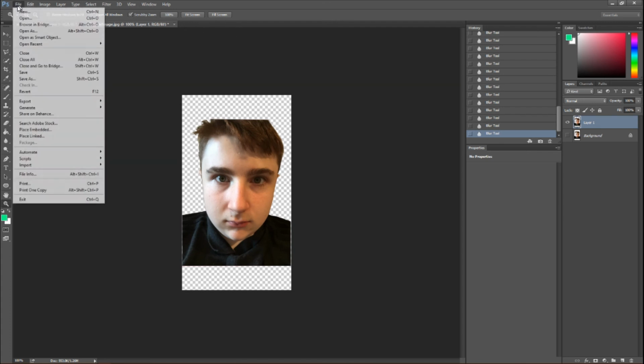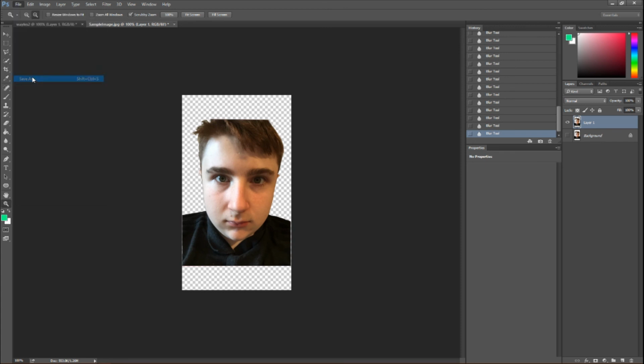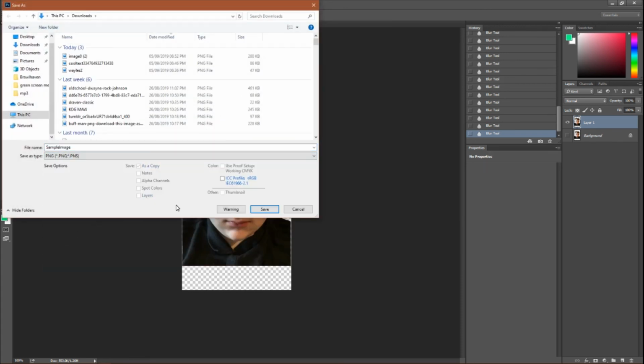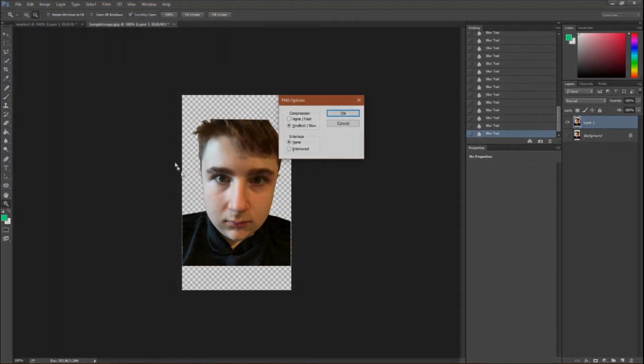You can then export your image, and make sure to export it as a PNG. If you export it as a JPEG, it'll automatically put a white background, as JPEGs are not able to process transparent pixels. So make sure you save it as a PNG. So I'm just going to save it as sample image completed. And from there, you have your